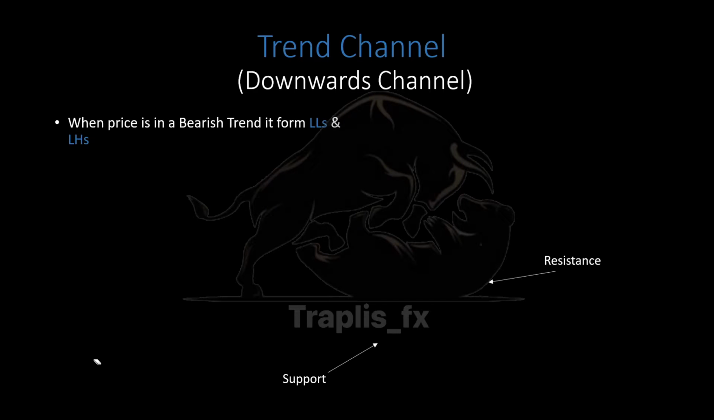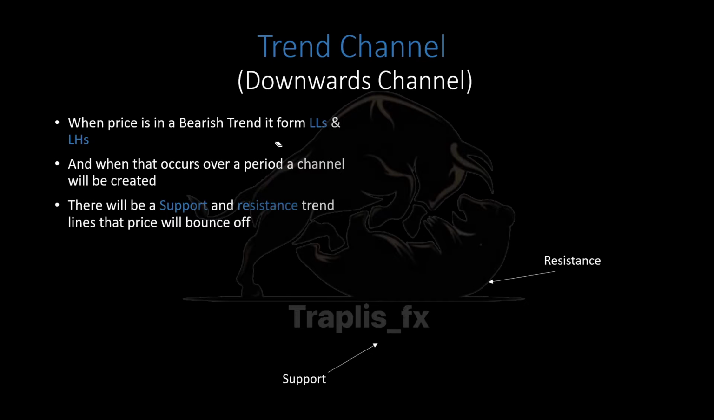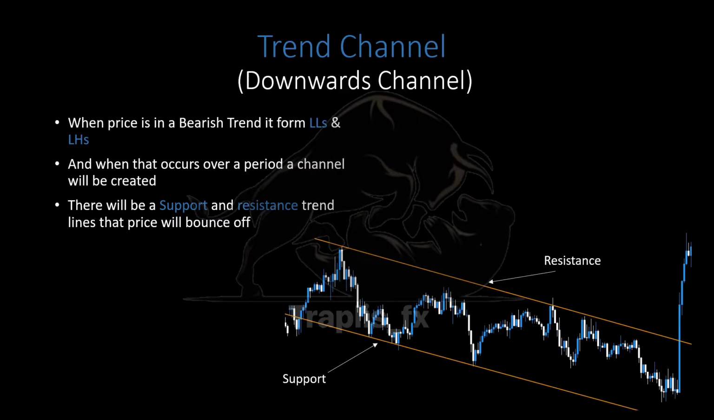Anyways, okay, so price creates lower lows and lower highs because it's a bearish trend, and when it occurs over a period of time, price creates a channel again, which is the same one as the one we've seen before, but in the opposite direction. Instead of going up, we'll be coming down. So price obviously going to have support and resistance levels again, which, as we can see here,